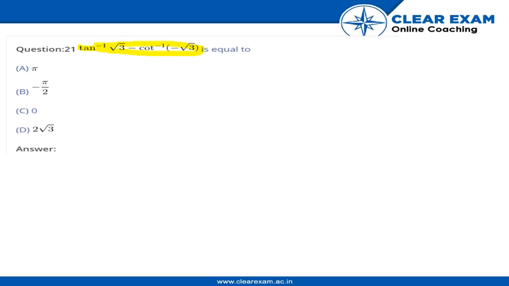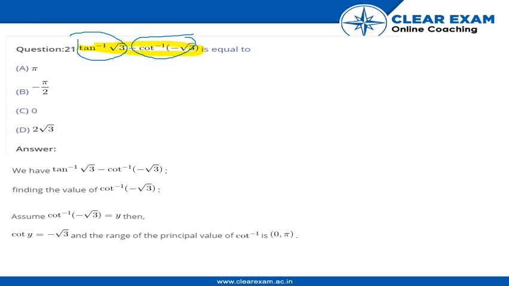First, let's discuss how we can approach these types of questions. The simple and straightforward way is that we somehow find the values of both the terms, I mean this term and this term, and then we do our normal subtraction as required. Otherwise, if it is not possible to transform or find the values of these expressions, we apply the formula of tan inverse x minus tan inverse y or tan inverse x plus tan inverse y. I hope you all remember both these formulas. I think we can easily find the value of the individual terms here. So let's do it. Just wait a sec.